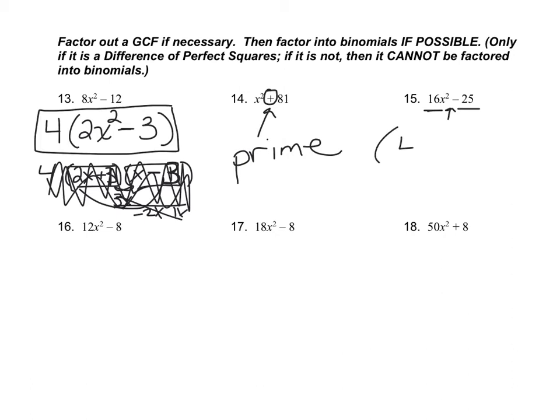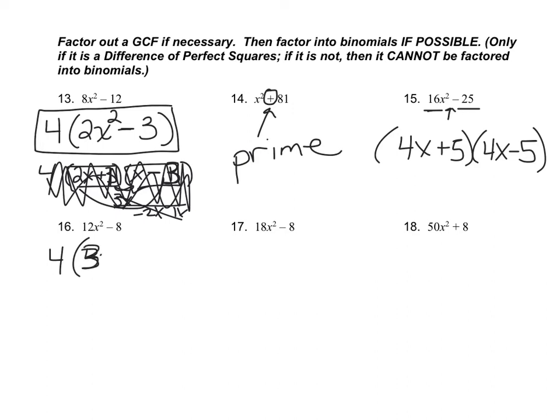So I'm going to break this into 4x plus 5 times 4x minus 5. And then I'm done. All right, let's take a look at number 16. Number 16, do I have a GCF? I do. It's 4. So I'm going to pull out a 4. And when I pull out the 4, I'm going to be left with